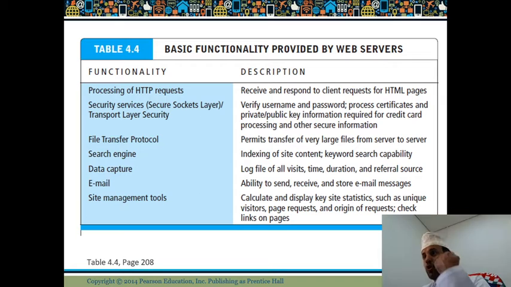When a client makes a request, the server will respond to the client in HTTP or HTTPS or FTP or whatever protocol you are going to use, like secure services, which is SSL or TLS. All these are just secured levels of file transfer protocol, also FTP, search engine, data capture, email, and site management tools are also main functions of